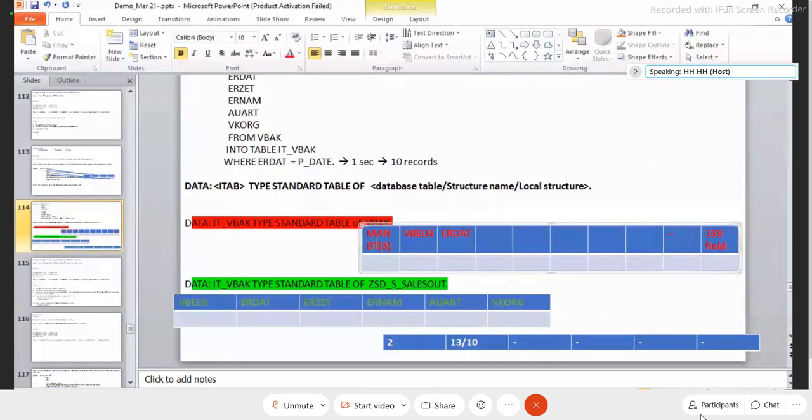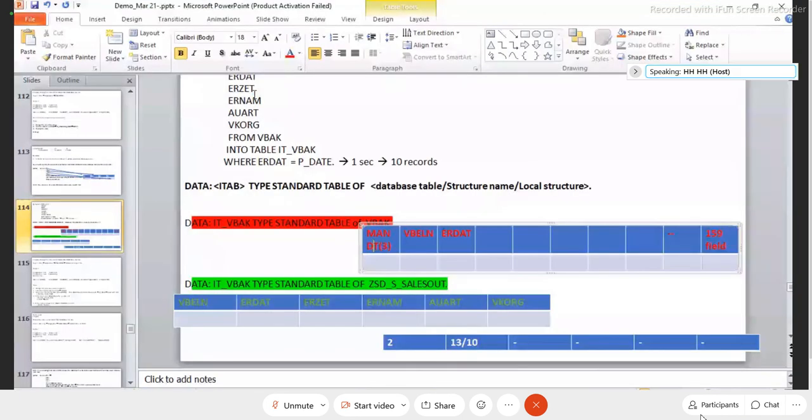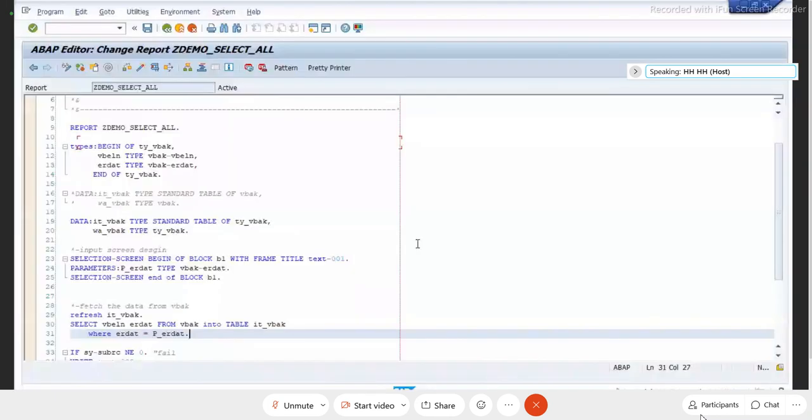If you change the structure of the internal table, then when you are fetching the data, that is one order and the order of the internal table is a mismatch, then automatically the data types of the fields or your field lengths will not be the same. Then you will see some dumps in your program. So please avoid that and you can use this statement.